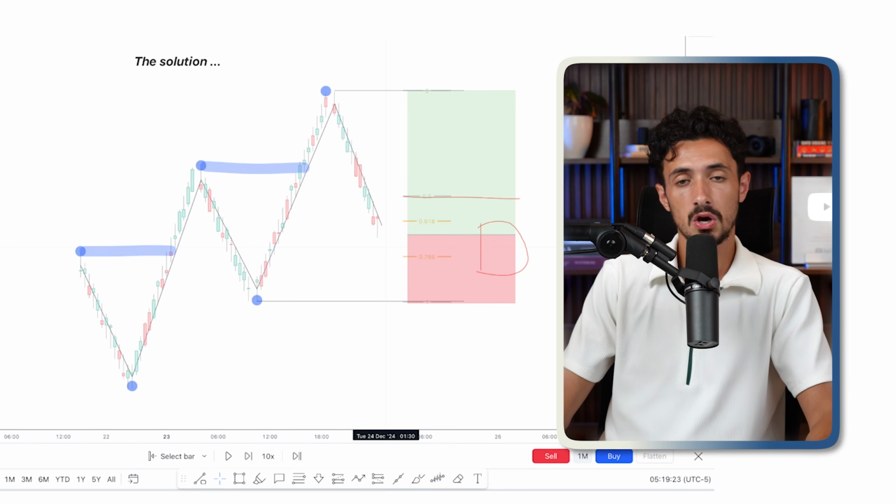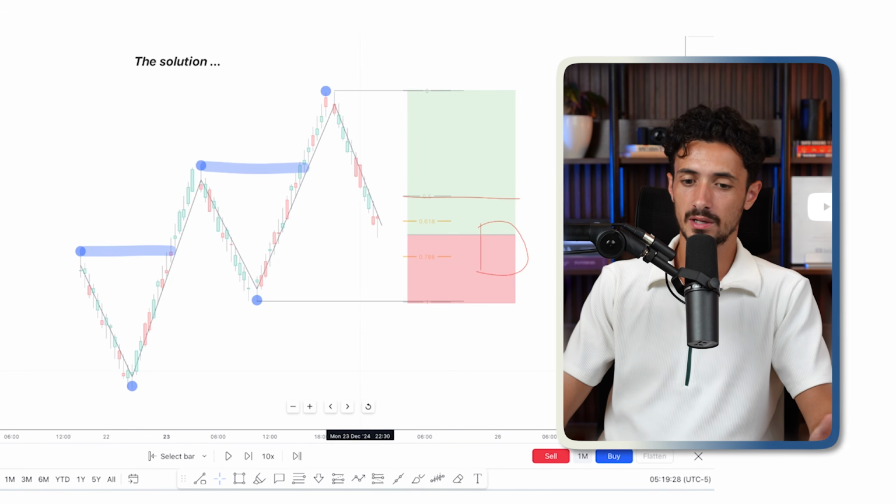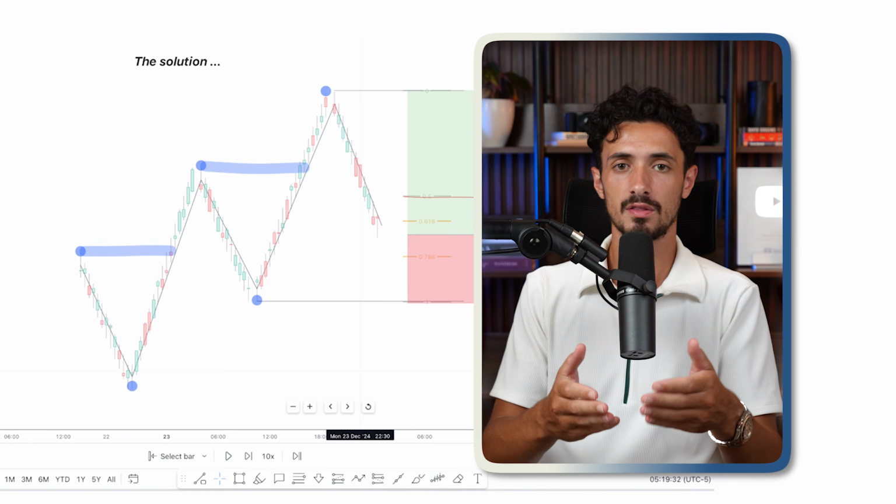So for every $1,000 that you risk, you'll make 2,000 if you win, and you'll lose 1,000 if you lose. That's not bad, but it's also not optimal because, again, this isn't really based on anything other than market structure. We can go one step further by incorporating something else as well as premium and discount, which leads us into